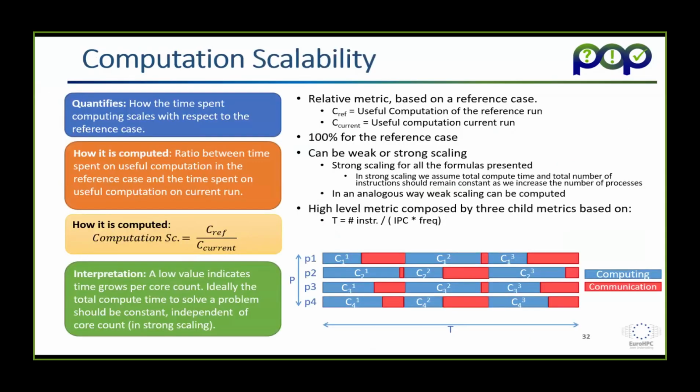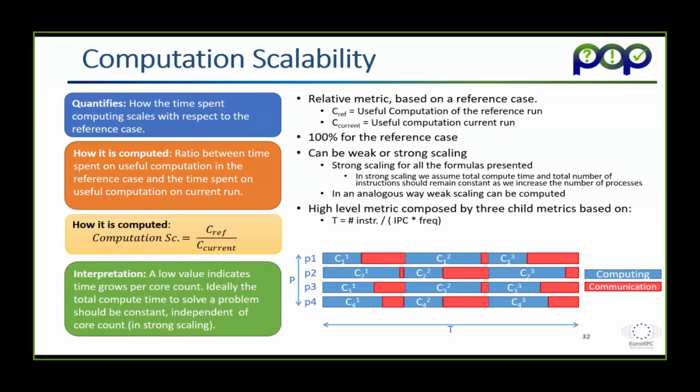And if you remember, at the beginning I said, okay, now let's divide the processes in two states: the useful, which is the blue, and the not useful, that is the red. Everything that I have said about the efficiency metrics that we have seen up to now was referring to the distribution of this red, where this red was and how it was impacting the efficiency. Now in the computing scalability, we are counting the blue ones, how these blue parts, boxes, are being scaled when I change the